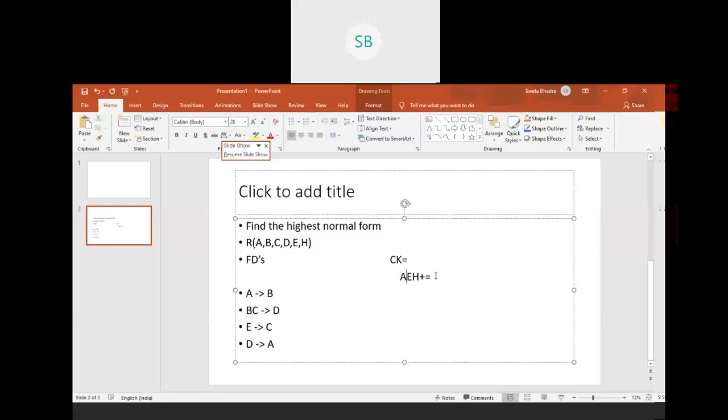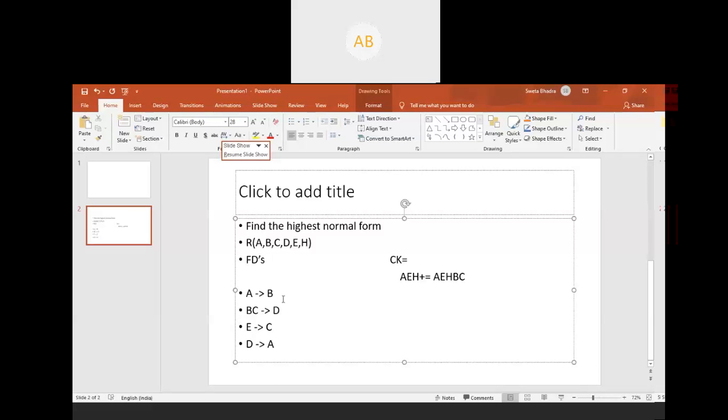Okay. So if I find the closure of it, what do I get? Obviously AEH will be there, according to the reflexive property. From A we can determine B. And from AEH,